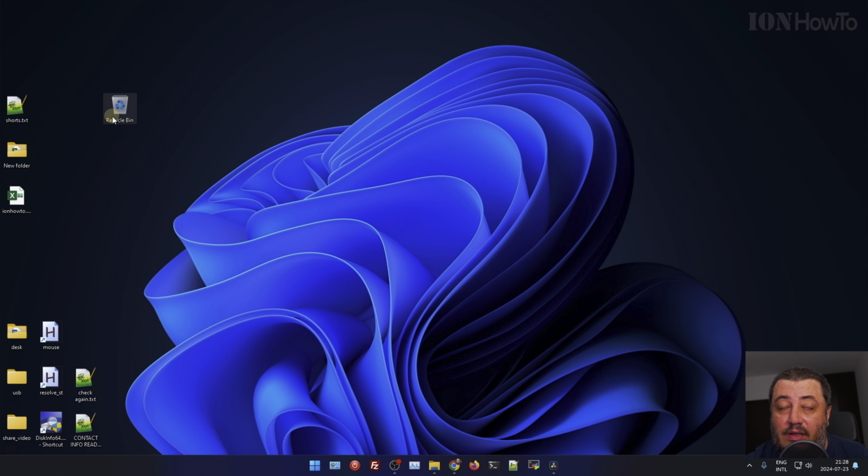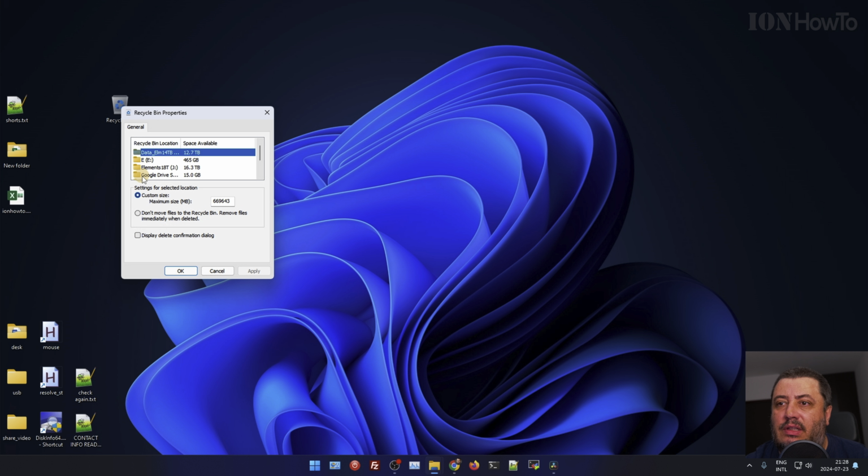Shift+Delete deletes the file completely, but you have to be very careful. Don't get used to using that too much, or at all actually. The recycle bin will empty when it reaches its limit, so you don't really have to worry about deleting anything from there. But if you need to make space urgently,